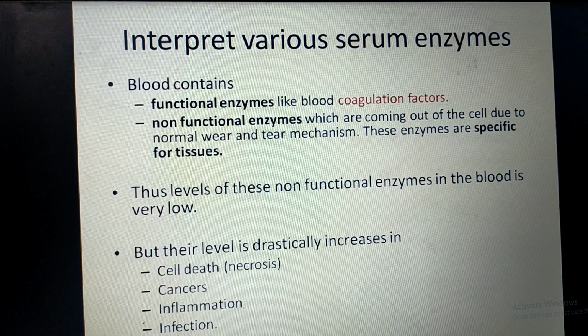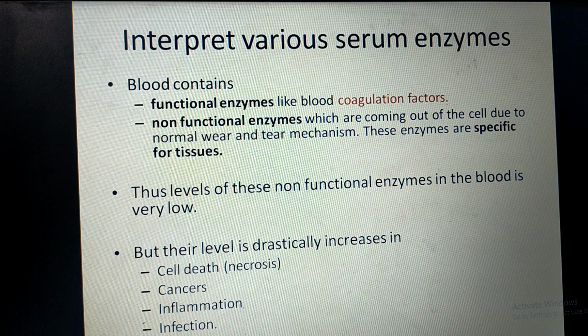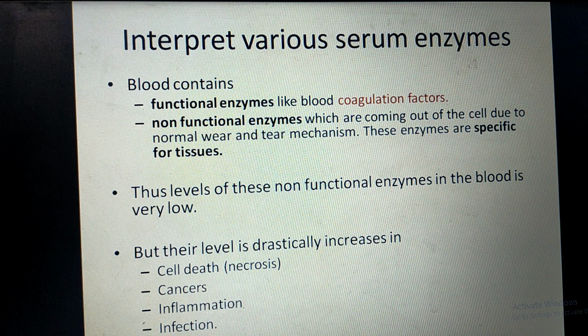Blood contains two types of enzymes: functional enzymes like coagulation factors and non-functional enzymes. Non-functional enzymes means the enzymes which have no role in the blood, but they have functions in various tissues and cells. These enzymes are synthesized by various cells of the tissues. They perform their function inside the cell and they enter into the blood during normal wear and tear mechanism. Hence, the level of these enzymes in the blood is very low, and these enzymes are very specific for the